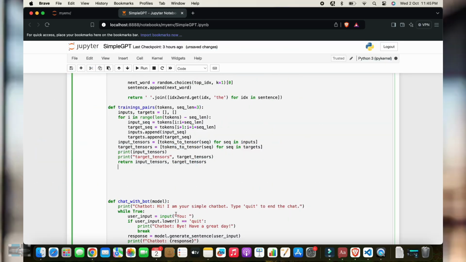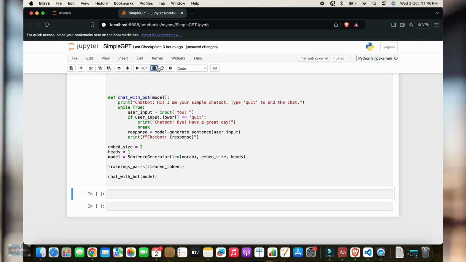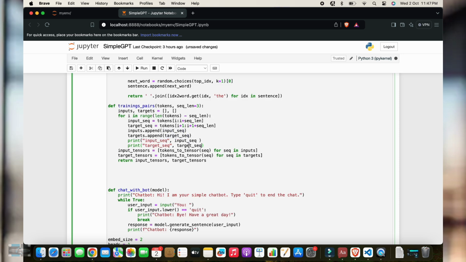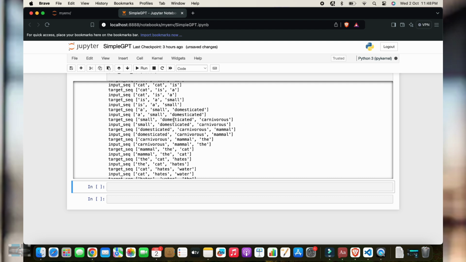Let me print those tensors so that you can see the input sentences and target sequences. So these are the training tensors, and if we print the sentences, you may get more clarity. Okay, here you can see the input and target sentences. So these sequences are what we are going to use while training the model. Okay, let's implement the training function. So in this function, the model is going to predict the target word, and based on the loss, we are going to optimize the model further.